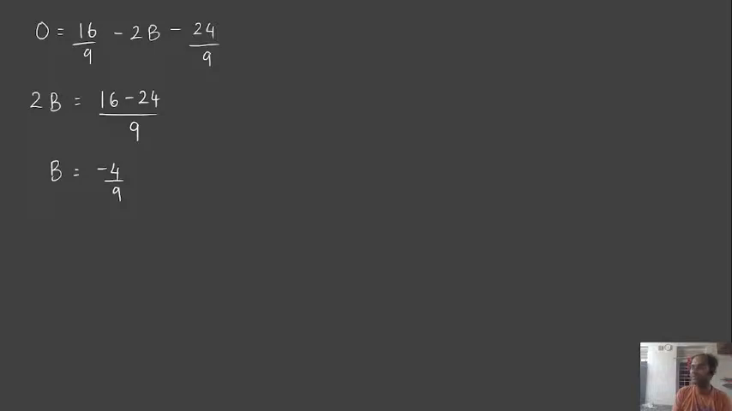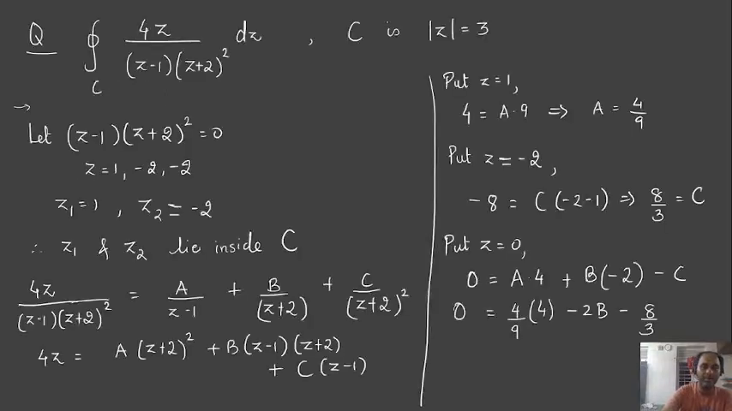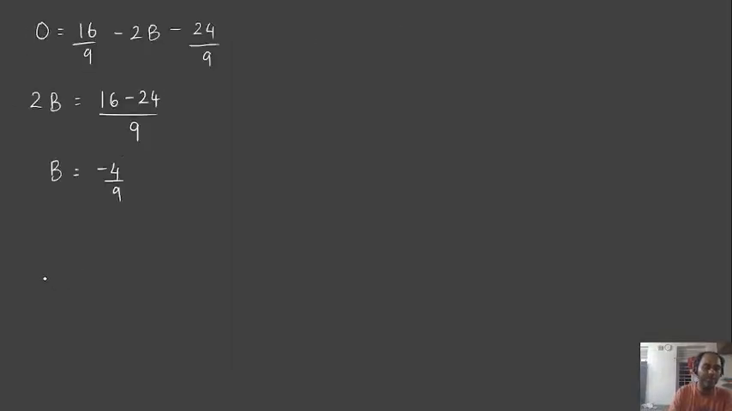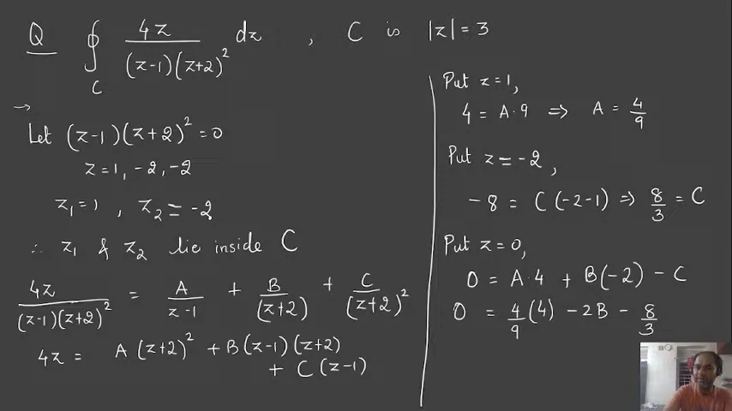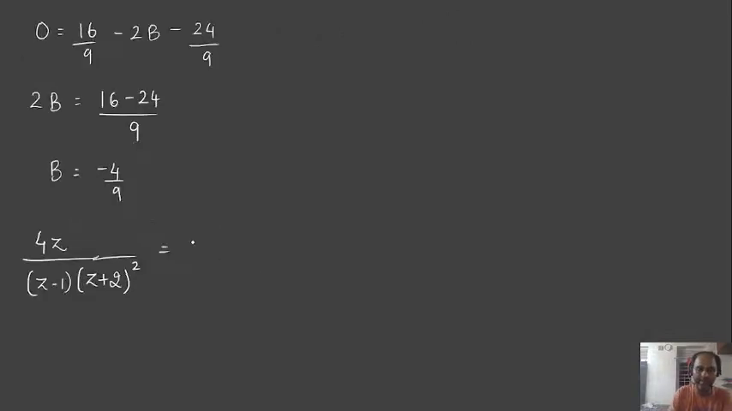So this is the value for b that you get there. So we got the values of a, b and c. So let us write down the partial fraction now. Here you have 4z divided by (z minus 1)(z plus 2) the whole square equal to a. The a value that we have got is 4 by 9